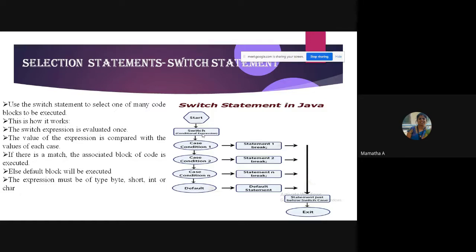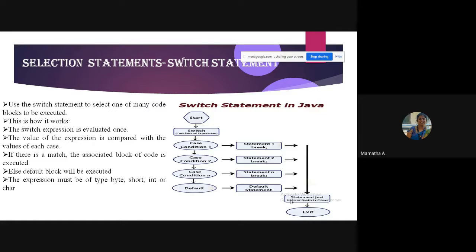So if the conditional expression is evaluated to the label condition 1, then the block under the case condition 1 will be executed. Remember, you should use one break statement here. Why? I'll tell you in the next class, because I have to tell what a break is. That's the reason I'll keep it pending here. Similarly, the case 2 statement block will be executed followed by a break. Similarly, we have condition n and all the things, along with the default statement. One of the case blocks will be executed. Once it's executed, it will come out of the switch case